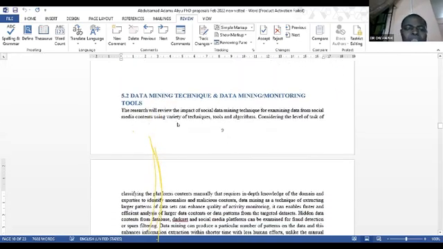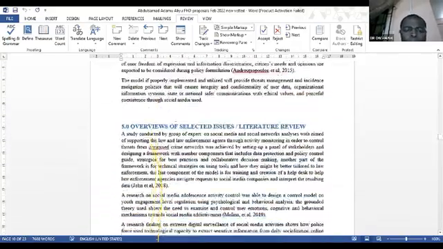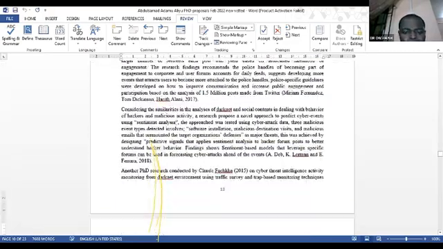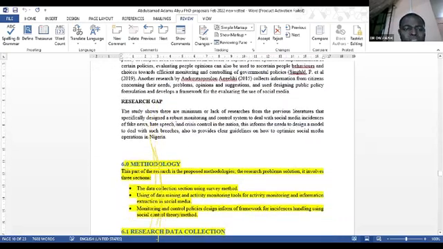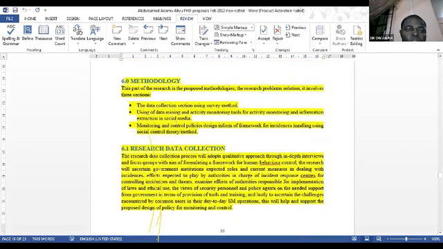Then we have data mining technique. It should be under chapter 2. I don't want to go through them since you didn't chapterize it well. And all of those, let me just scroll down to where I should be able to make another categorical statement. Now, if you go down, you have your research gap, which is like justification of study or significance of study. The research gap is too short. The research gap is usually between 0.5 to 1 page, between half a page to 1 page. So you need to build up this research gap. It's too short.